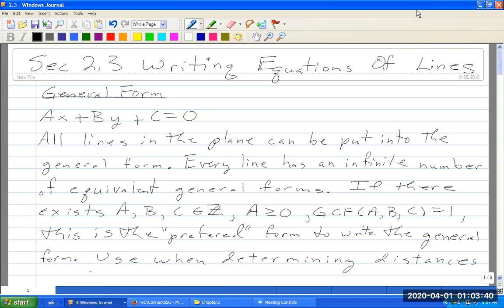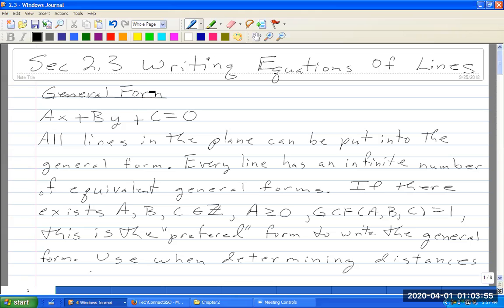Section 2.3, writing equations of the line, or equations of lines. So the first form that we're going to be considering is the general form for the